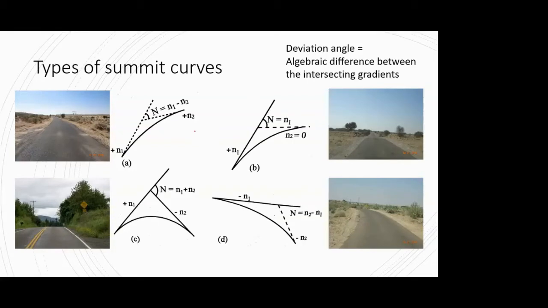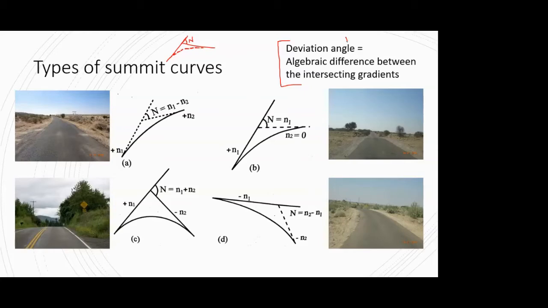And before we go into the types, just to clarify the deviation angle, you all know by now that when we saw the transition curve, we had seen something called a deviation angle. So in case of a summit curve, 2 gradients will be meeting together, or intersecting, and we have to provide a curve between them. Okay. So a curve is actually what we provide, but if I don't provide a curve on paper, and I just extend those lines, those lines will intersect somewhere, and the angle that they make is nothing but the deviation angle.